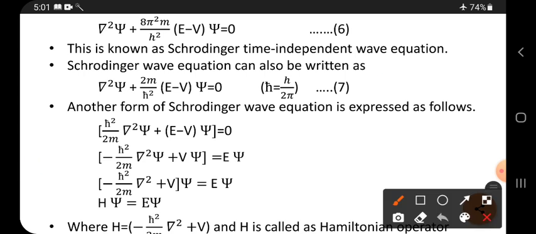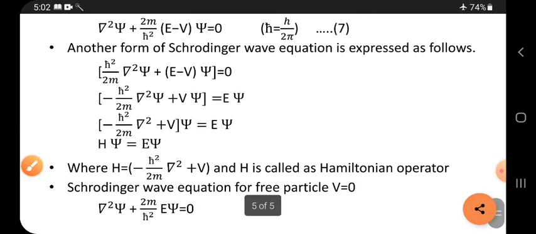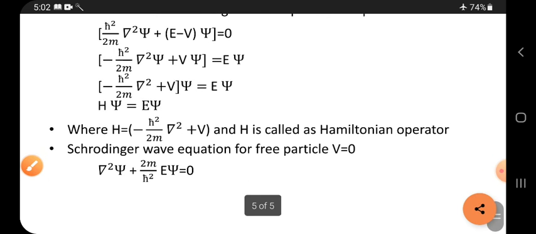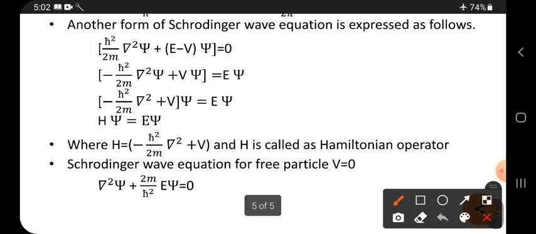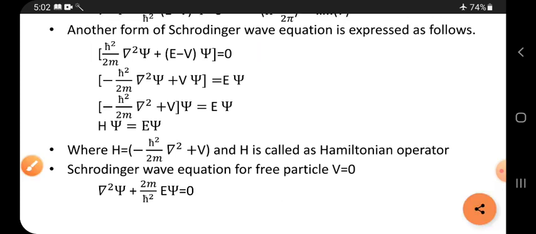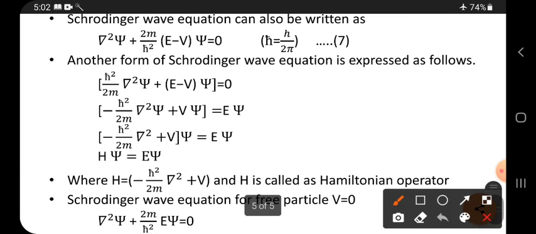So it is also the Schrodinger wave equation, in terms of h cross and in terms of h, both are the same equation. So if you stop in the examination up to here, then you can get full marks. Otherwise if you write here, then you also get the same mark. Next, another form. What is another form? It is in terms of the h cut equation.